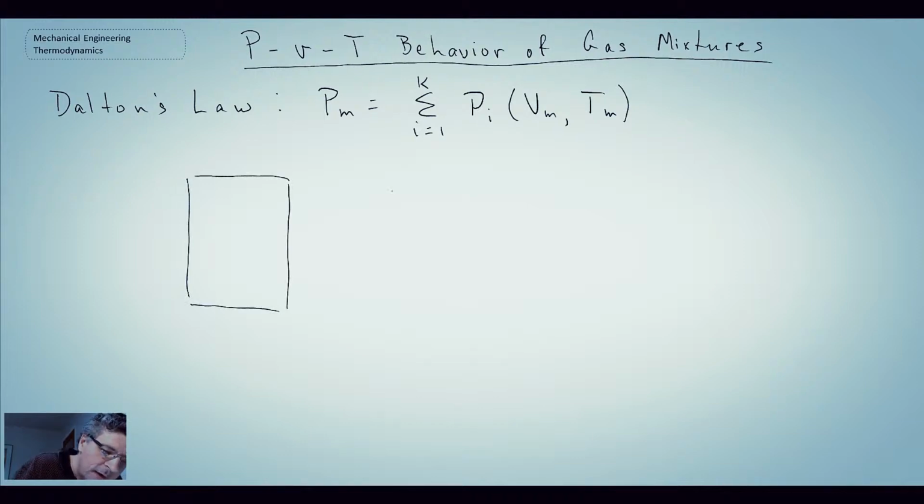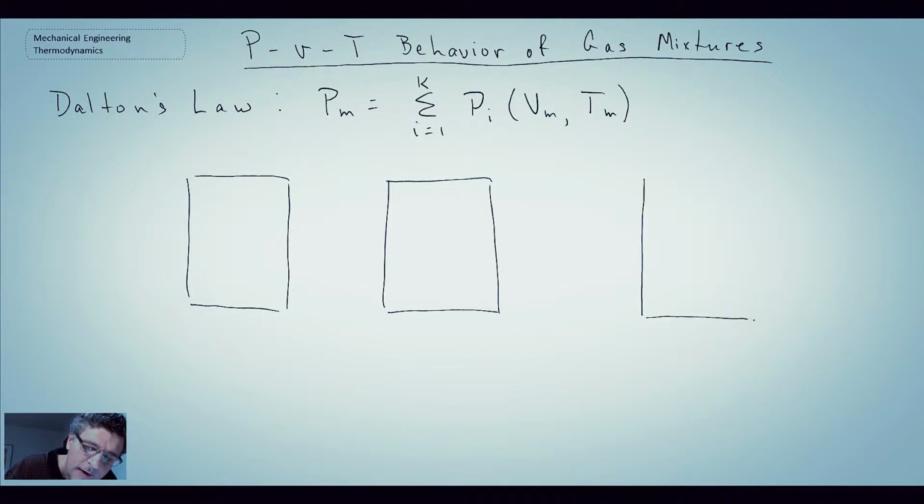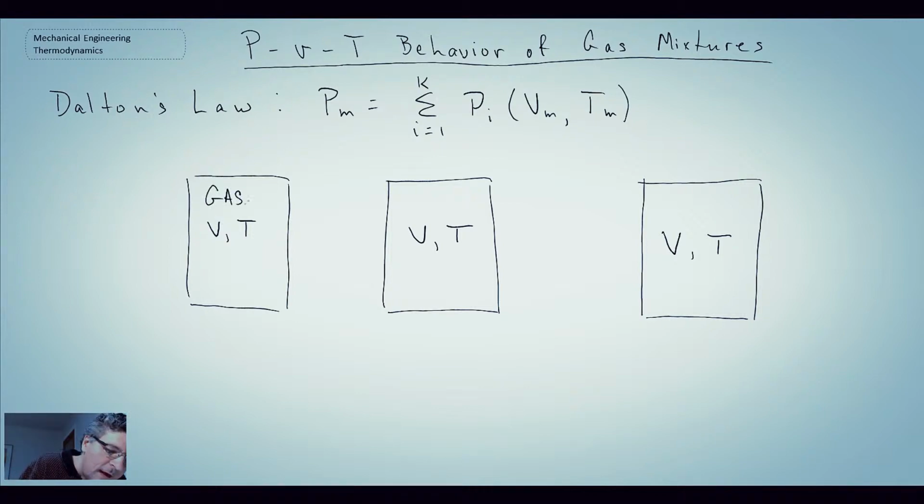Imagine we have two containers that are identical in size. And then we have a third container, again identical in size. So what we can say here is the volume and temperature of these containers are all the same. If in the first container we have gas A, and in the second container we have gas B, and the pressure with gas A is PA, and the pressure here is PB,